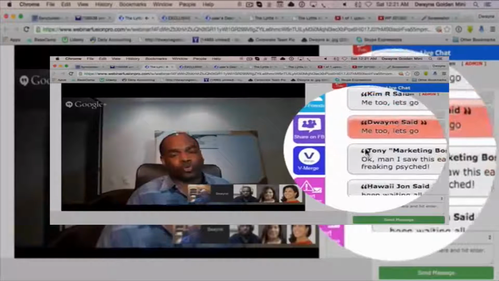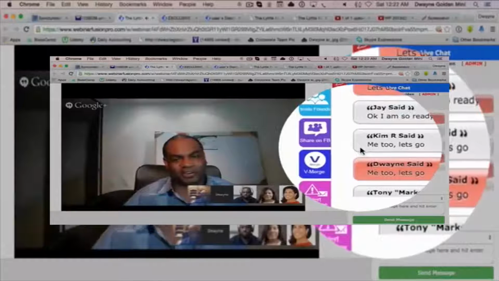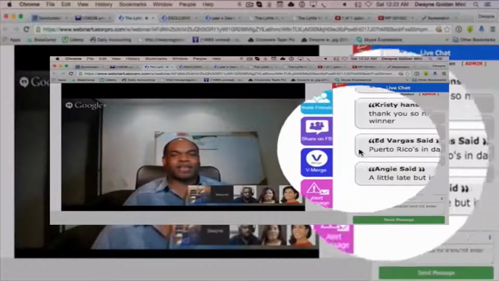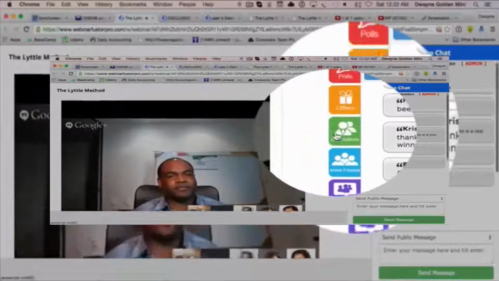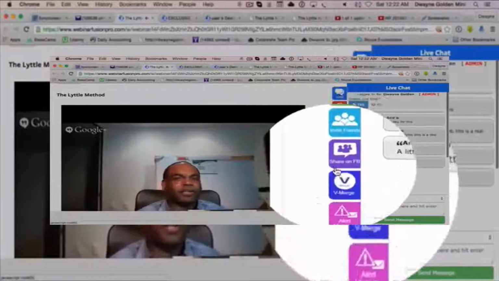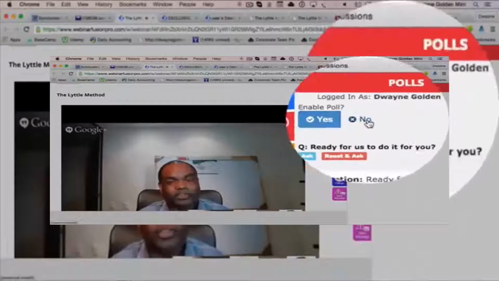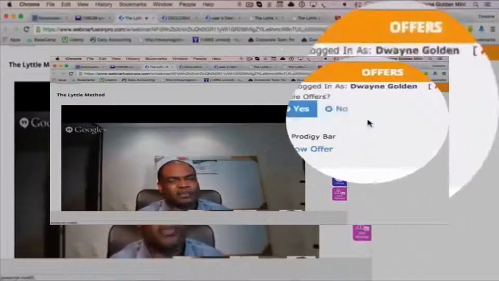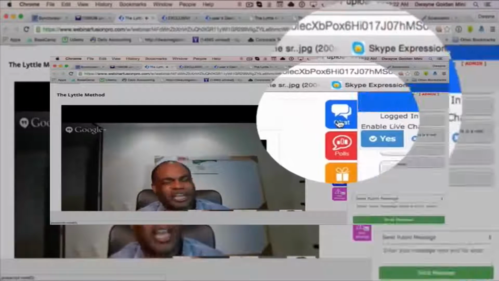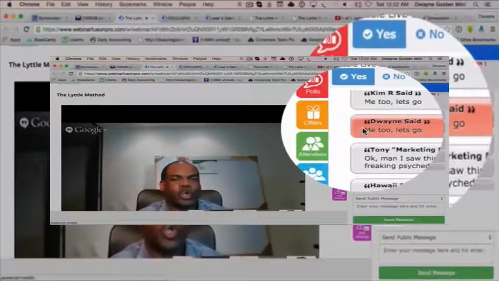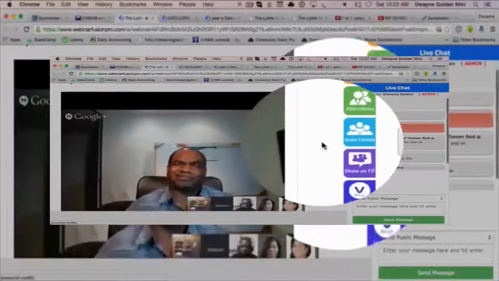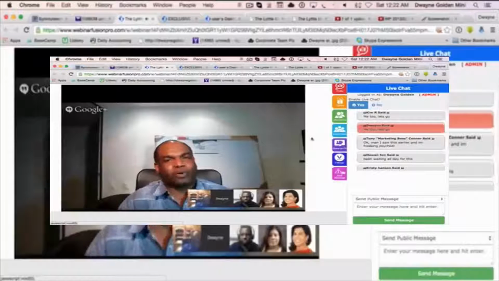So as I show you this, understand that now it's at a whole other level, but we've got more to show you. But just remember, you can manage it all directly from right here as an admin from your mobile device. You can control whether people see your polls, the offers, everything, or you can use our Fusion bot to program it all for you. This is Dwayne Golden. Oh, we got some more stuff to show you. Stay tuned. Yeah, that's right. That's not offered anywhere because we created Infinity Technology.